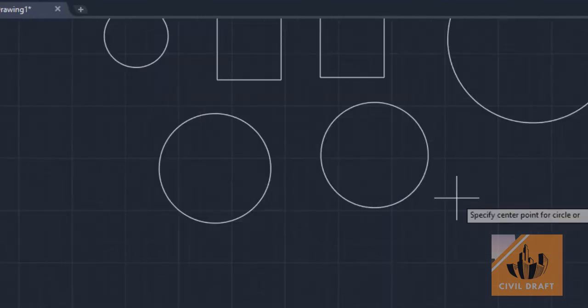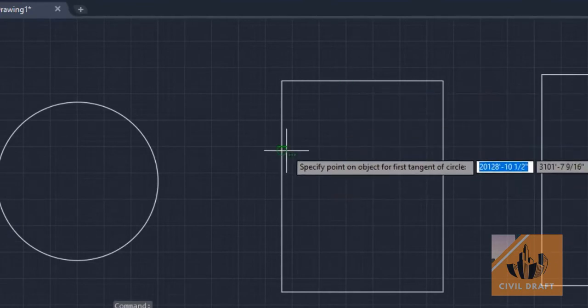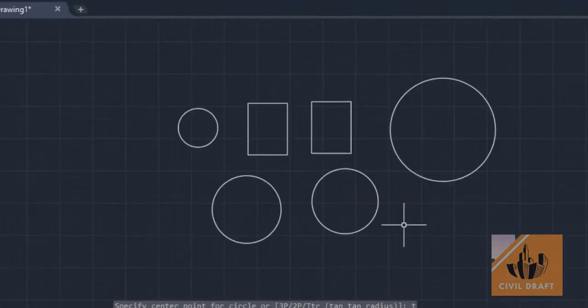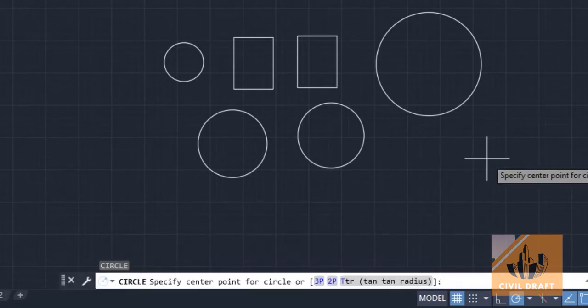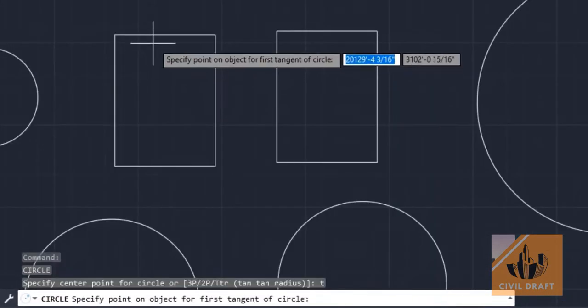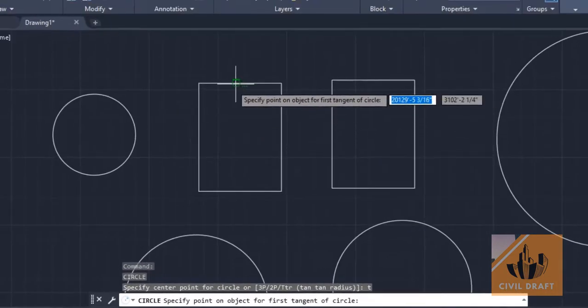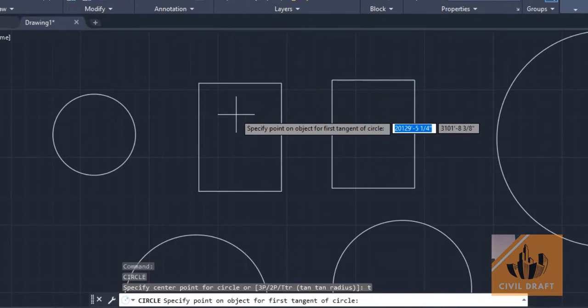And again I'll take the circle command. For tan radius, that is to draw the circle by using tan radius, consider this line and this line as a tangent of the circle. So I'll draw the circle in between this. I'll again take the circle command. For this tan radius, I'll enter T. Here if I take this line and this line as a tangent and draw circle here,